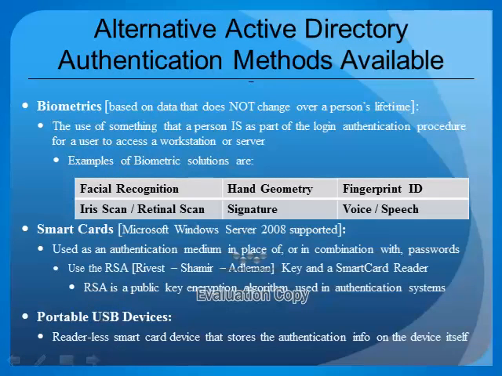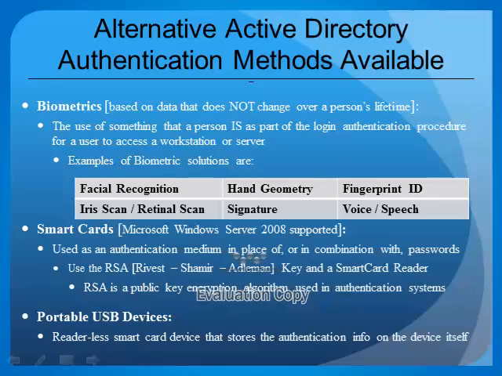Let's look at some alternative Active Directory authentication methods that are available today. Biometrics is based on data that does not change over a person's lifetime. The use of biometrics includes something that a person is as part of the login authentication procedure for a user to access a workstation or server. Some examples of biometric solutions include facial recognition, hand geometry, fingerprint ID, iris and retina scan, signature, and